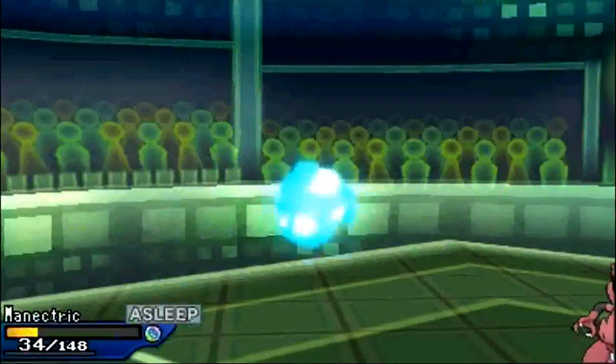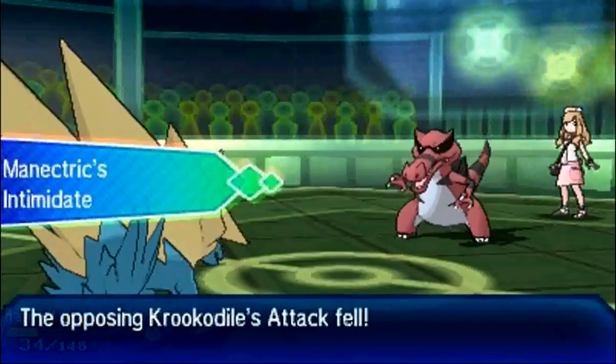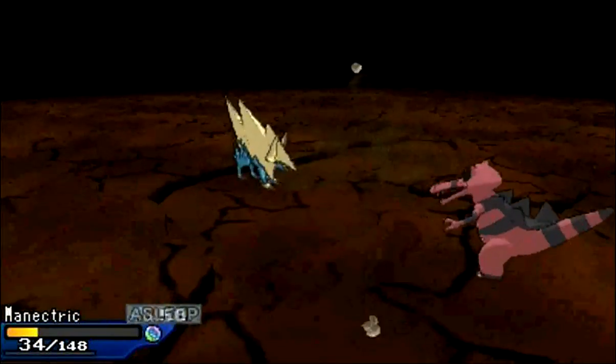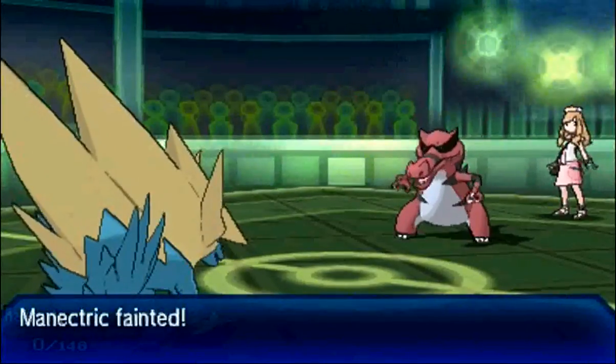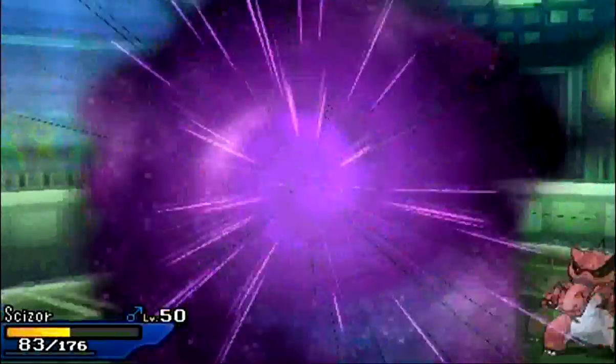I go into my Manectric to get the Intimidate, and it's my only real chance of surviving a Crocodile sweep at this point. My Scizor is like half dead, my Primarina is more than half dead. So obviously he's going to get the Intimidate. He has -1 attack. I just have to hope. I mean, it's my only real chance that my Scizor can live a -1 Earthquake from this Crocodile,